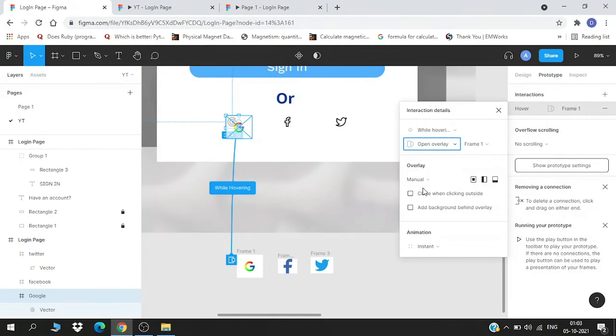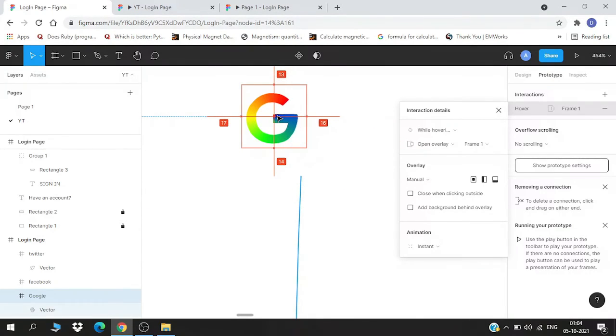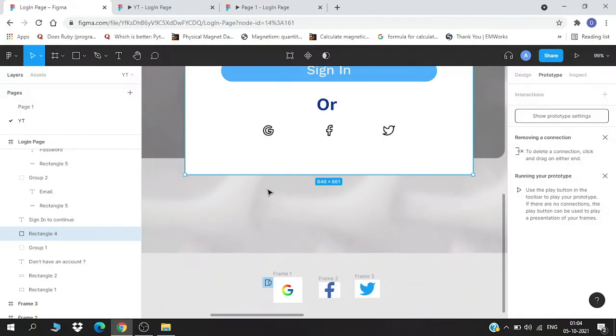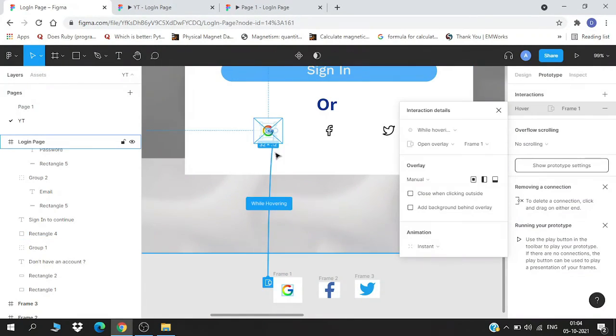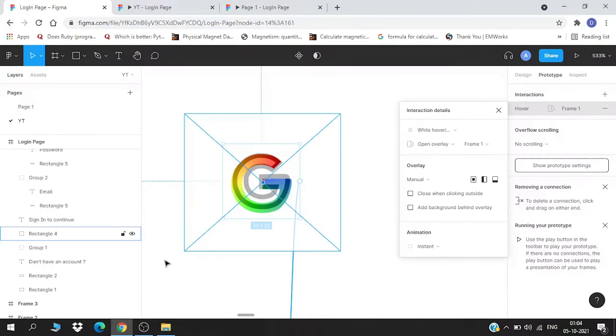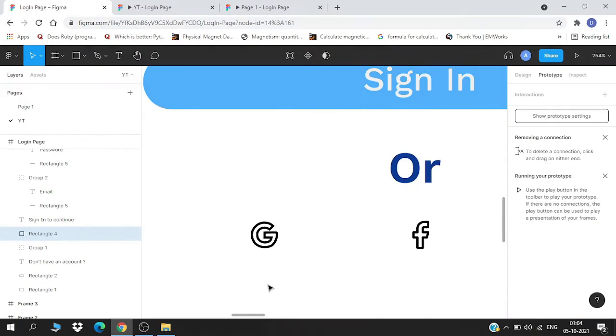We have to do this overlay, and as you can see, we have to arrange the position. So we can just arrange it manually. Yeah, so it is in position.